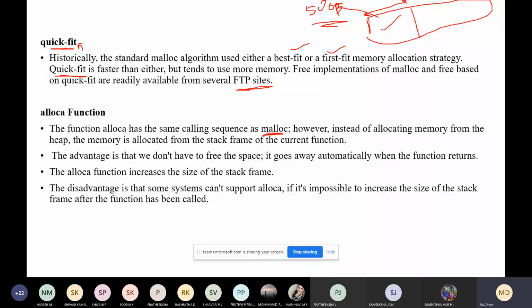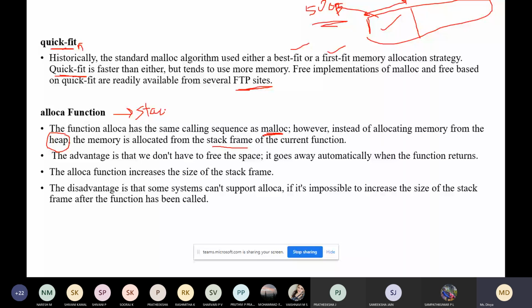However, what is the difference? Malloc, calloc, and realloc all deal with the heap, but alloca allocates space not in the heap but in the stack, or what we call the stack frame.